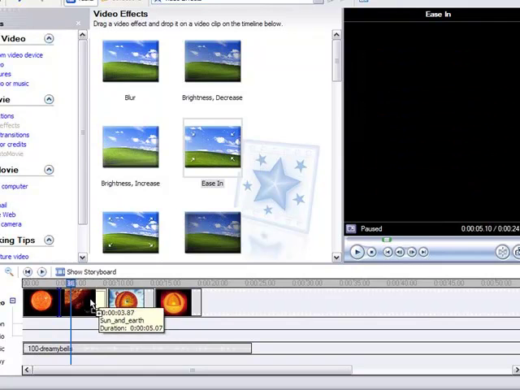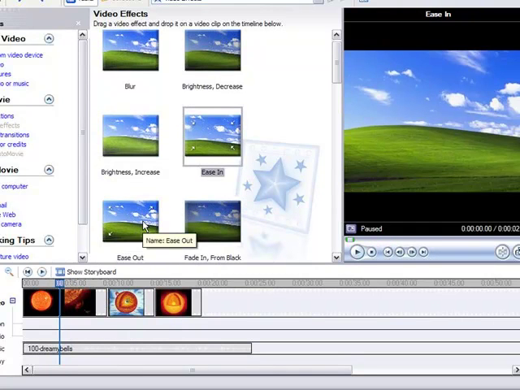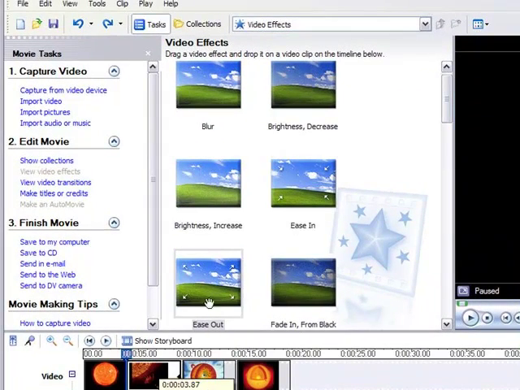We can also ease out. Oh, that was ease in, sorry. Make a mistake, you can press Control Z to change it. Here we'll ease out